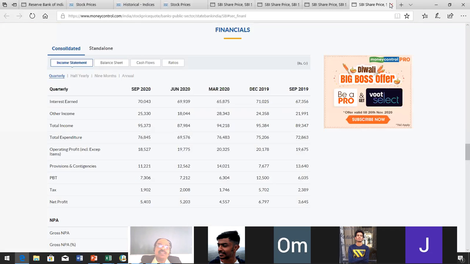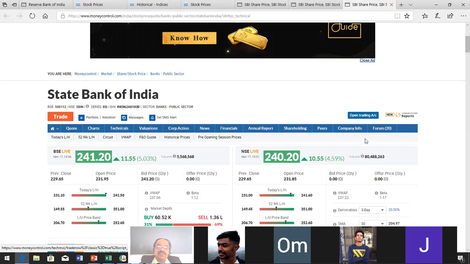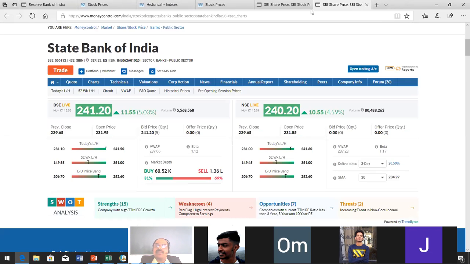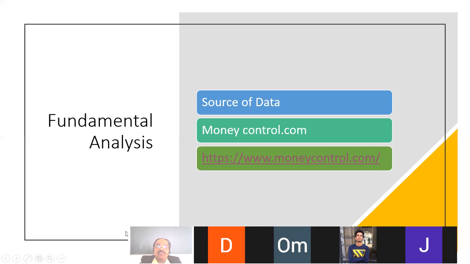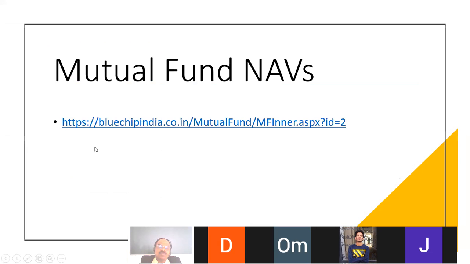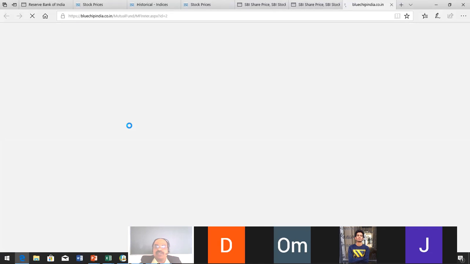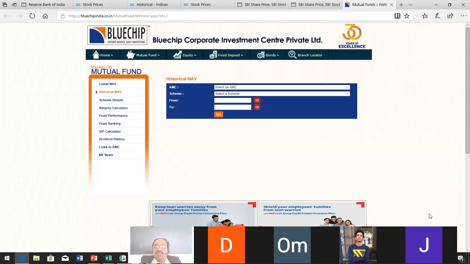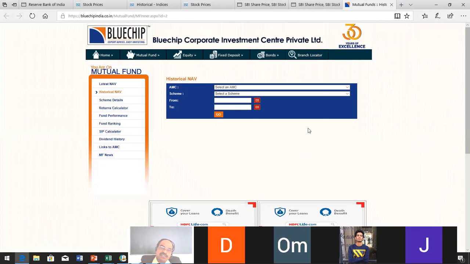Let us go for another one. Somebody asked for mutual funds. You can see the blue chip mutual funds. If you click the blue chip mutual funds, you can get that. If the organization is registered in the blue chip, it will come.